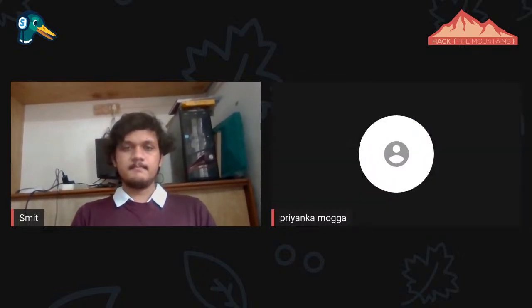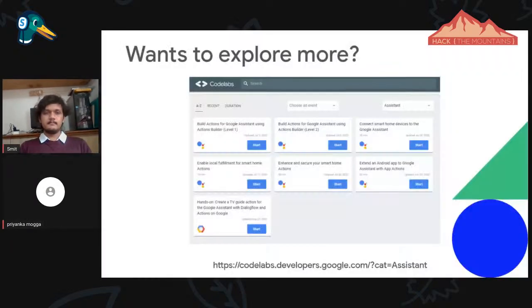You can add your screen. I moved to another tab. I switch the tab. You can add my screen now.